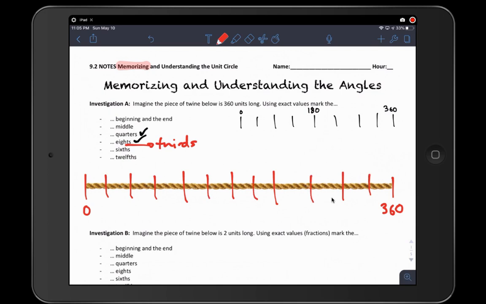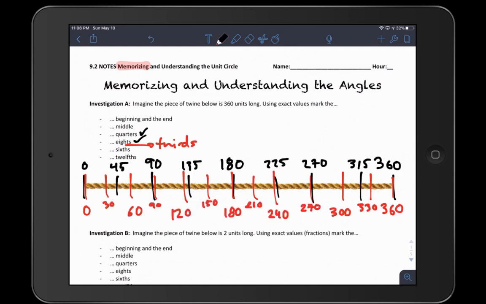All right. So you're going to write down all the different degrees that are there, and you're going to do the same with the black marks that we just set aside, and then you're going to come back and check your answers. Okay. So take a second and try that on your own. Try to mark the different measurements and then come back and check them. All right, so hopefully you guys were able to have some success with that. And notice that these are the different degrees that are on the unit circle, on the key points that we